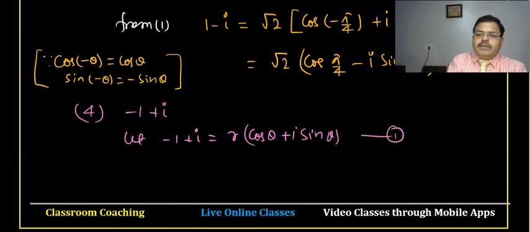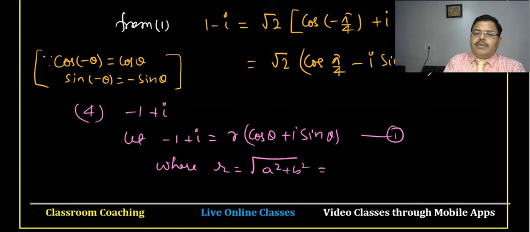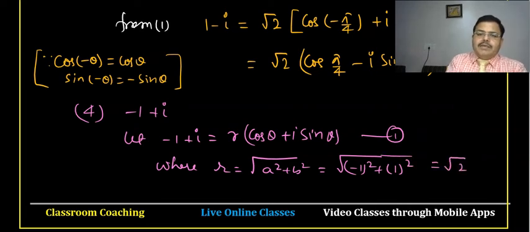And that's equation 1, where r is equal to, as per the previous question, under root a square plus b square, that will again be under root minus 1 square plus 1 square, and that is under root 2, and theta is given by tan theta equal to b by a,